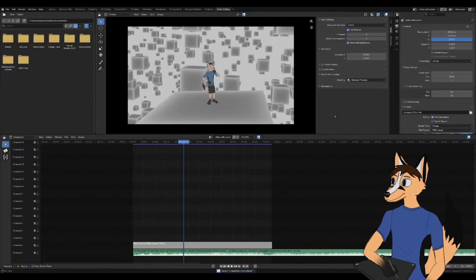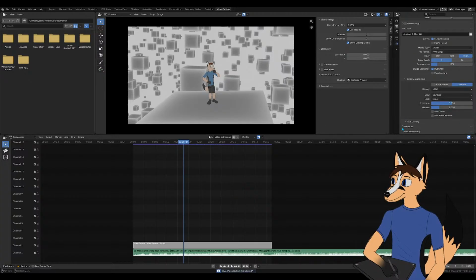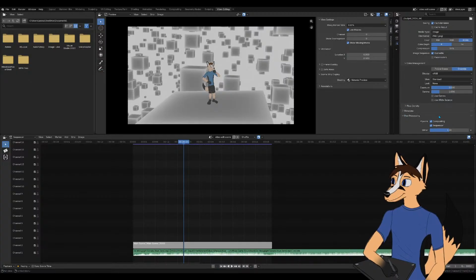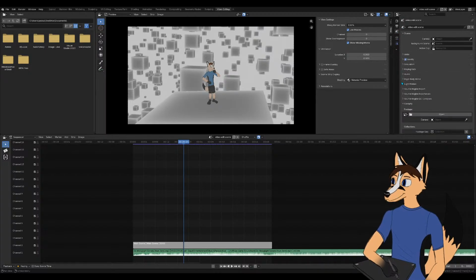Okay, something's wrong with the color management. Not sure what. Maybe it's in the post-processing tab. No. Follow scene. We'll just have the color management follow the scene, and then I'll figure out how to do the color management on the scene side, but I don't know how to do that.